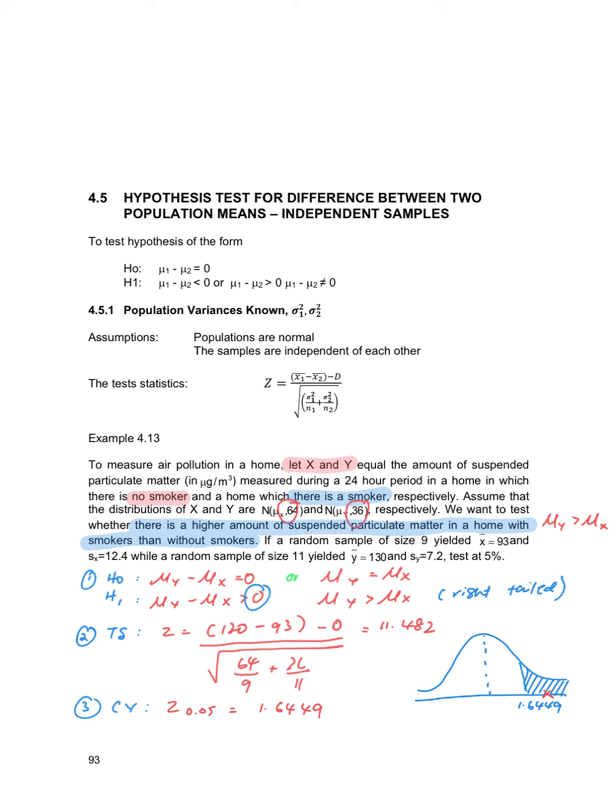So don't forget, first kita tulis dahulu what are the decision rule. So we will reject H0 if test statistic greater than critical value. So we can see here our test statistic is 11.482, which is greater than 1.6449. So our decision is reject the null hypothesis. Okay, reject H0